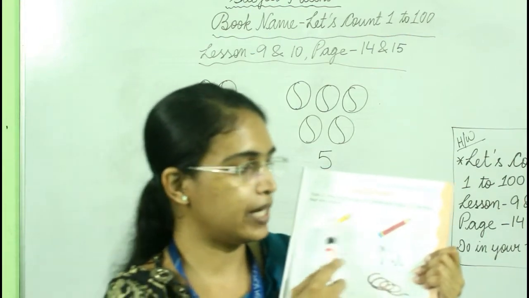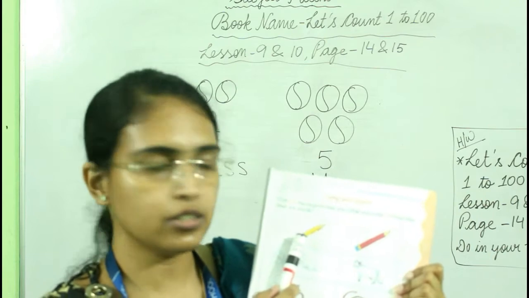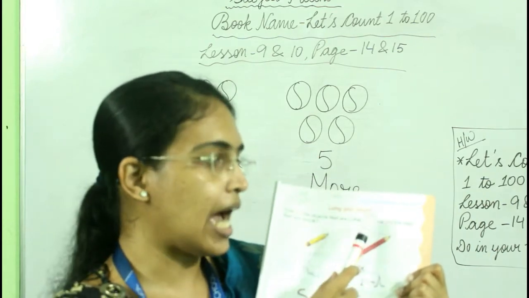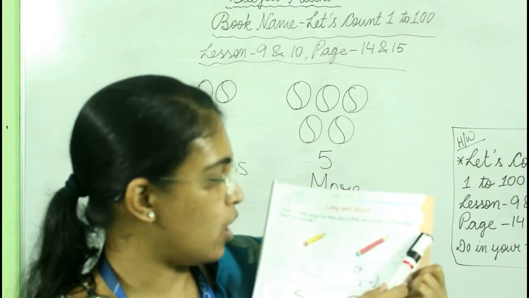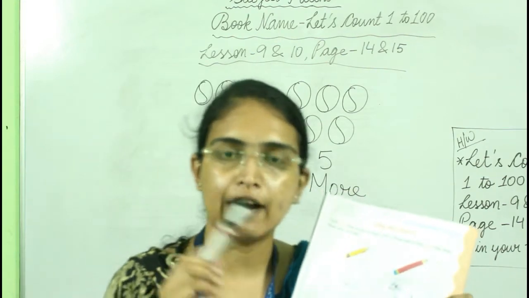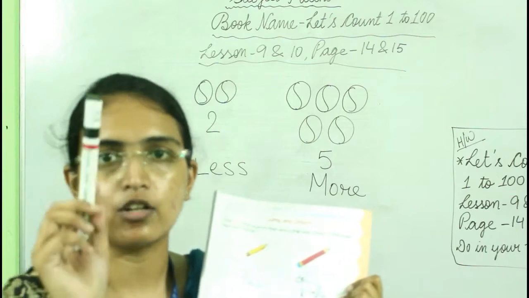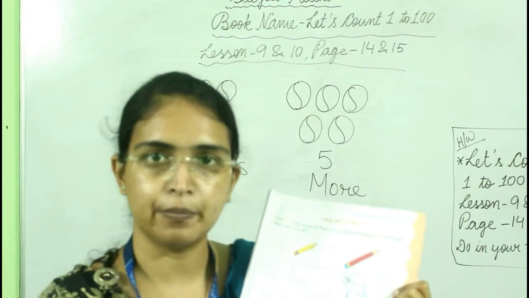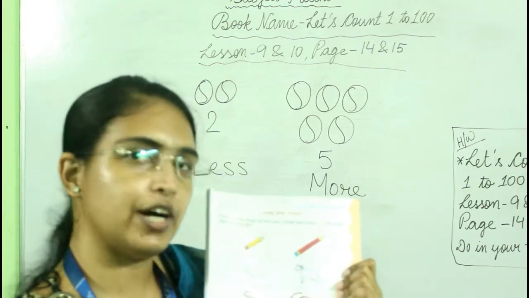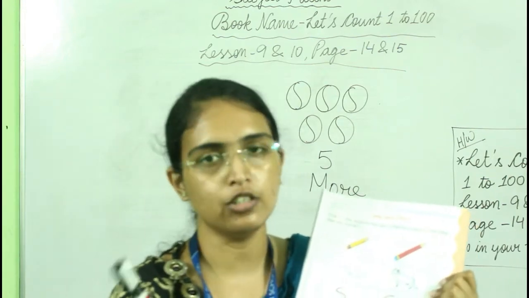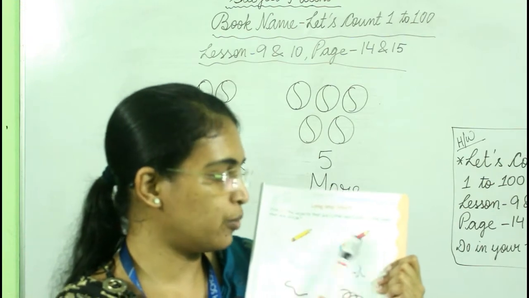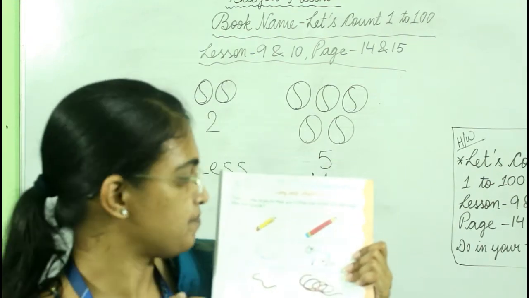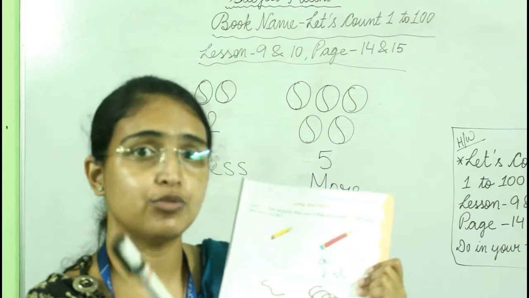So there are two pencils. What is the question? The question is, tick the objects that are long and cross the one that are short. We have to tick the long object and cross out the short object. So in each group there are some objects. We have to find out which one is long and which one is short. So in the first group we have two pencils, two colorful pencils, right? So we have to find out which one is long.